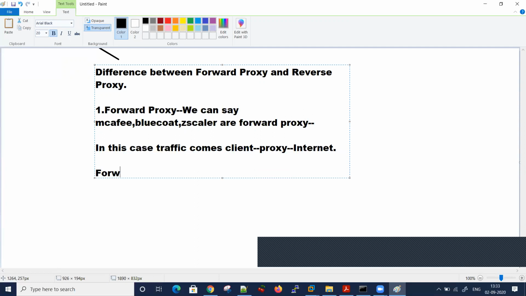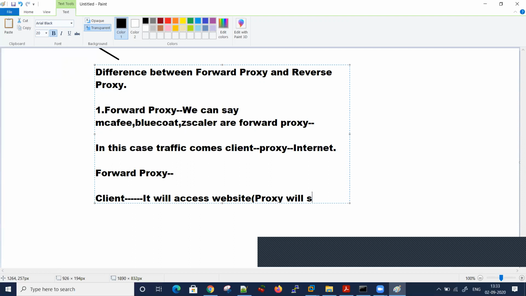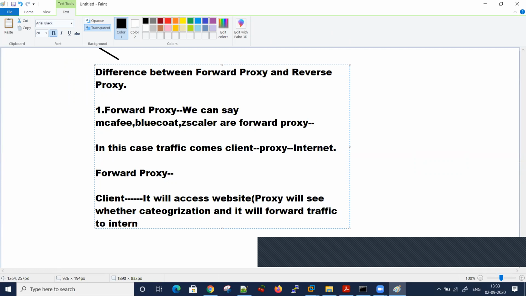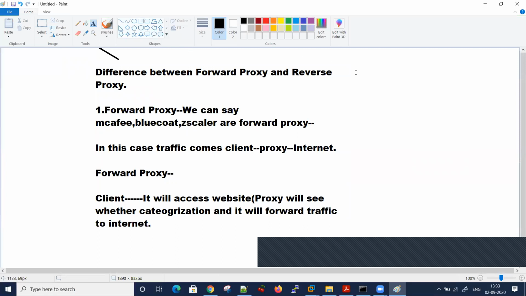So client will come, it will access a website, proxy will see whether the categorization of the website is correct or not, and then it will forward traffic to internet. But in reverse proxy, what's happening is your client is hitting, let me tell this.